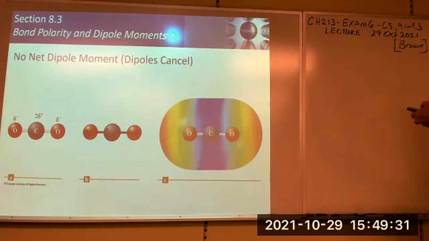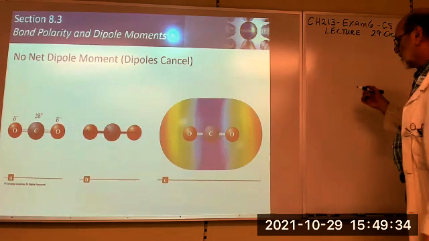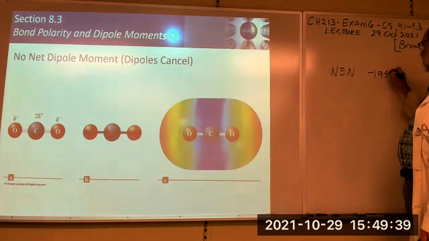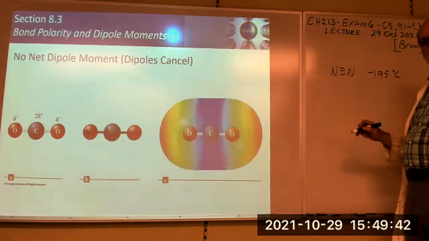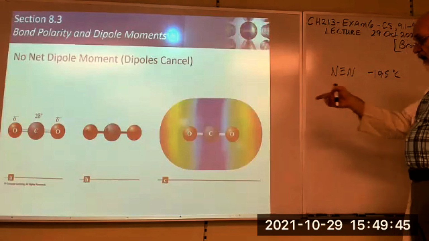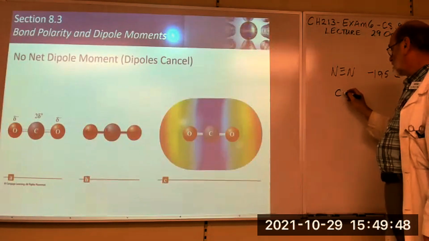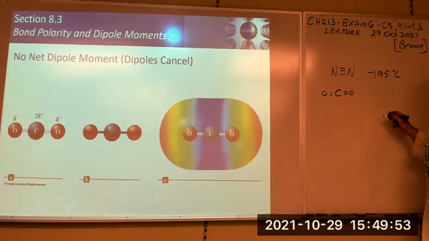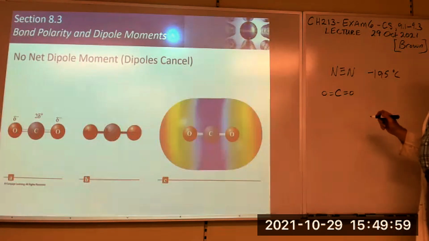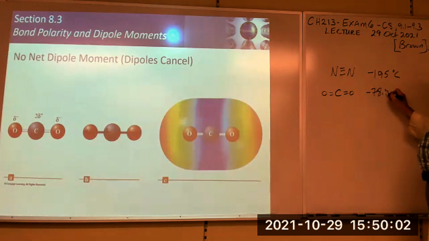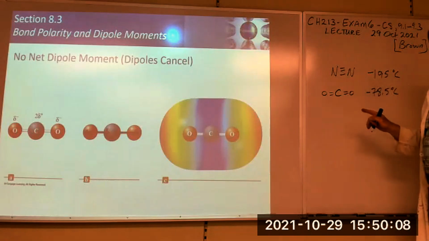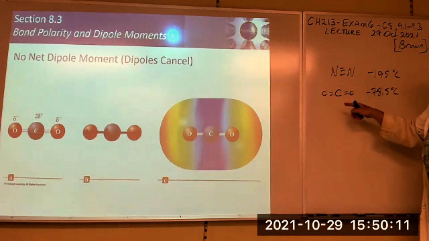A good example of that is, what's the boiling point of dinitrogen? Minus 195 Celsius. It's really, really cold. But a nonpolar molecule like carbon dioxide, I can't remember what its boiling point is. I know what its freezing point is, where you make dry ice. It's minus 78.5. Okay. So even though they're both nonpolar, there must be some attraction in here between these molecules,